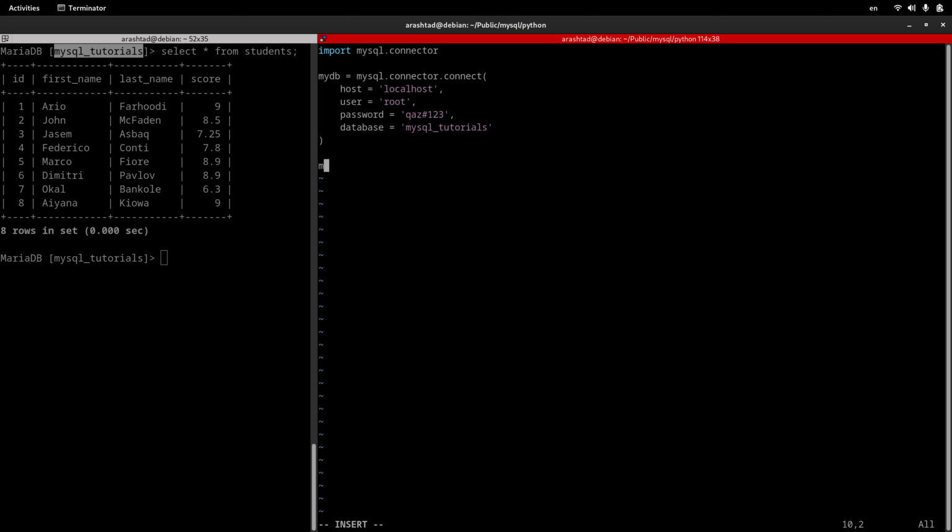So the next step is creating a cursor using another variable. Let's call it mycursor, and then mydb.cursor(). Now it's time to create the SQL statement using this cursor. So I type mycursor.execute and then the SQL statement. It will be SELECT * FROM students,